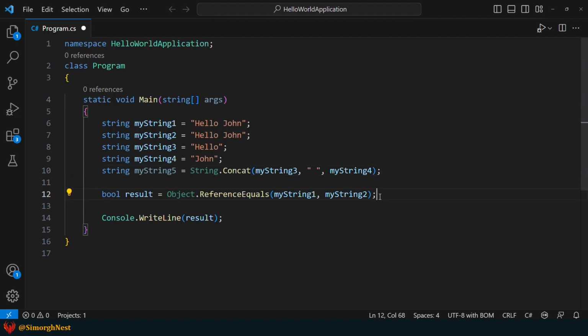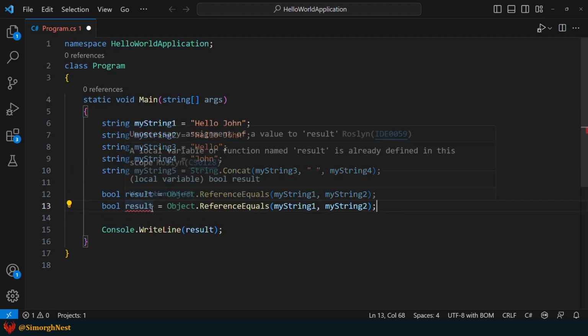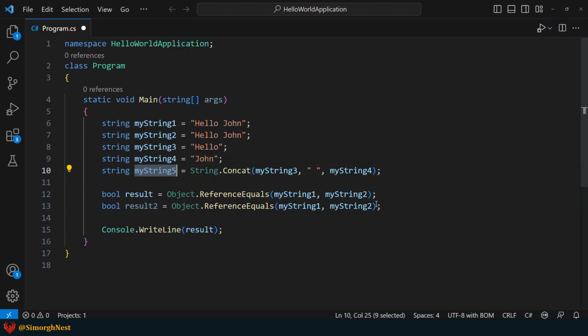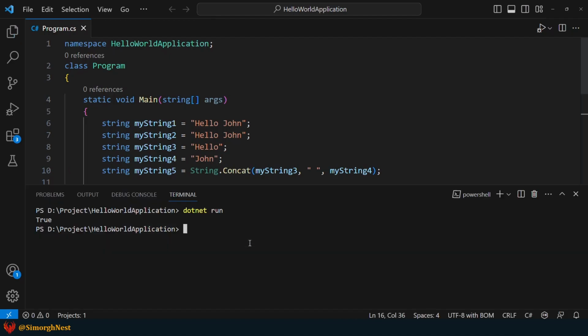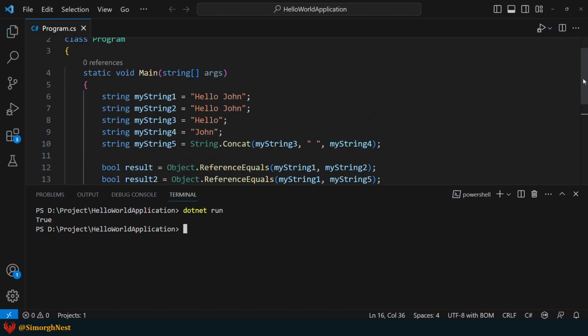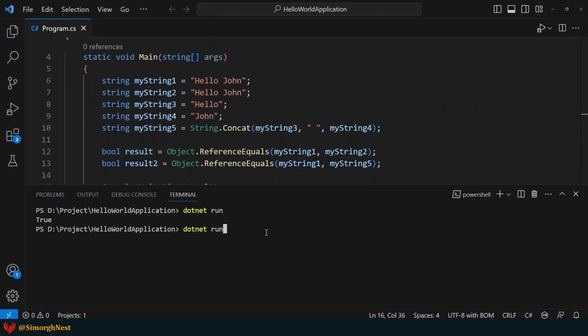Let's verify this using the ReferenceEquals method. As you can see, we get false as a result. This means that the references of myString1 and 5 are not equal, despite both variables having the same value.